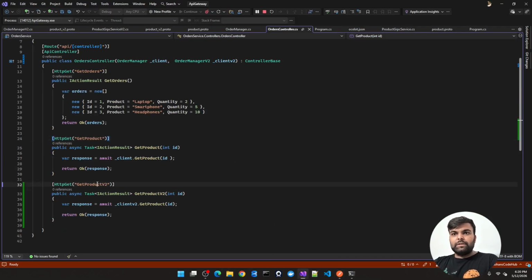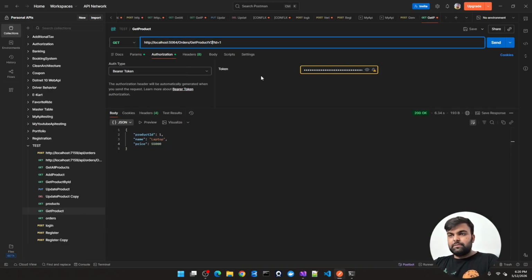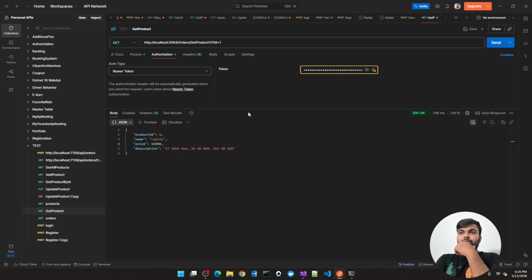Now it's time to define the things for v2 as well. This is our v2 service. Copy this and paste it here for id one, and hit enter. You will see that on the basis of version 2, we are able to see the additional description. This is the new parameter that we have added in version 2.